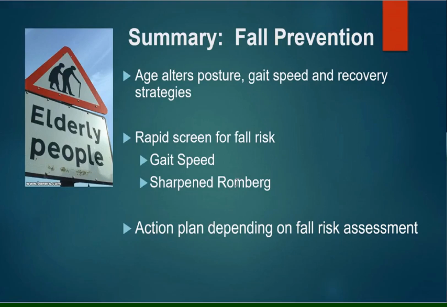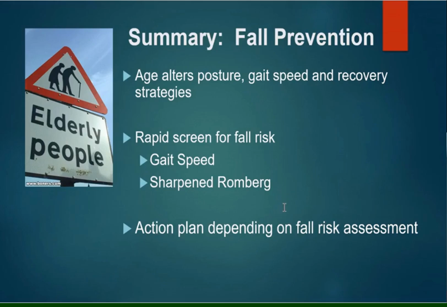So if, for instance, the nursing staff was unable to get a gait speed for you, you can certainly address the 4M assessment through the Sharpened Romberg test. And then the action plan is multifactorial. The best evidence is referring the patient to a multidisciplinary fall prevention clinic,